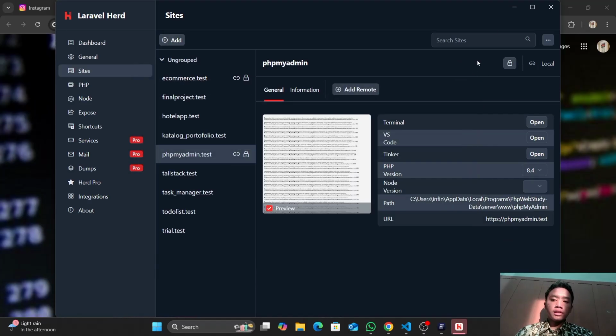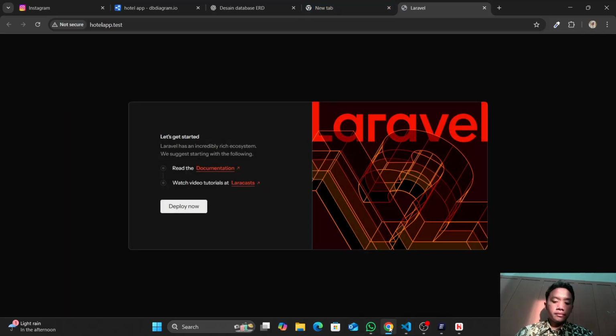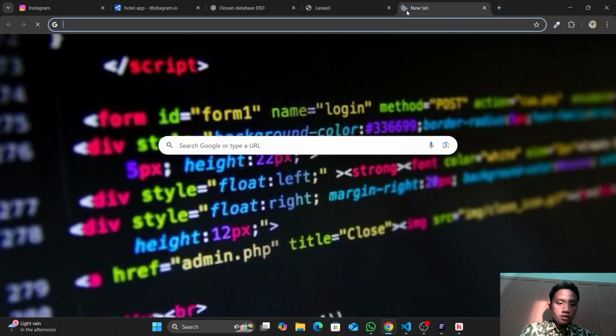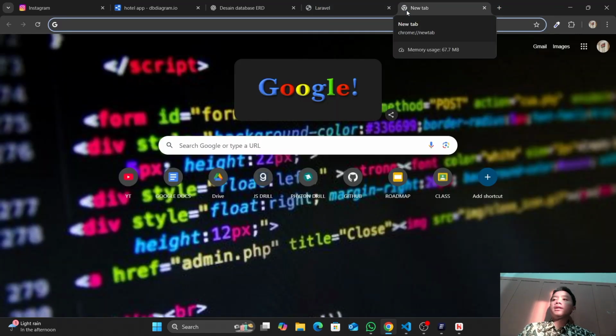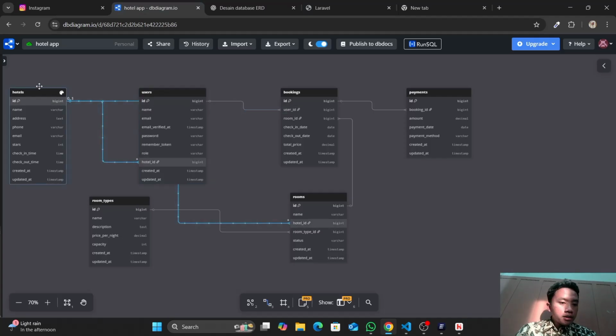Then you can open its URL and go directly to your project in the browser. This is the default Laravel welcome page you get when you make a new project.